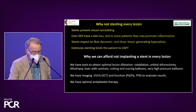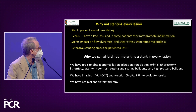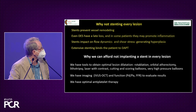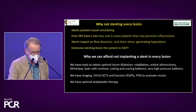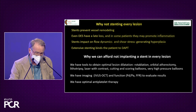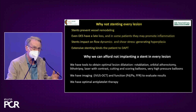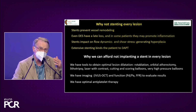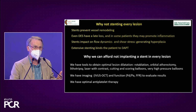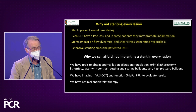We have tools to obtain optimal lesion dilatation. We have rotablation, orbital atherectomy, lithotripsy, laser with contrast, cutting, a scoring balloon, very high pressure balloon. We have imaging and function, FFR, PDPA, to evaluate the result, and we have better antiplatelet therapy. So we are not at the time where stenting was the only device to make the lesion dilatation a good